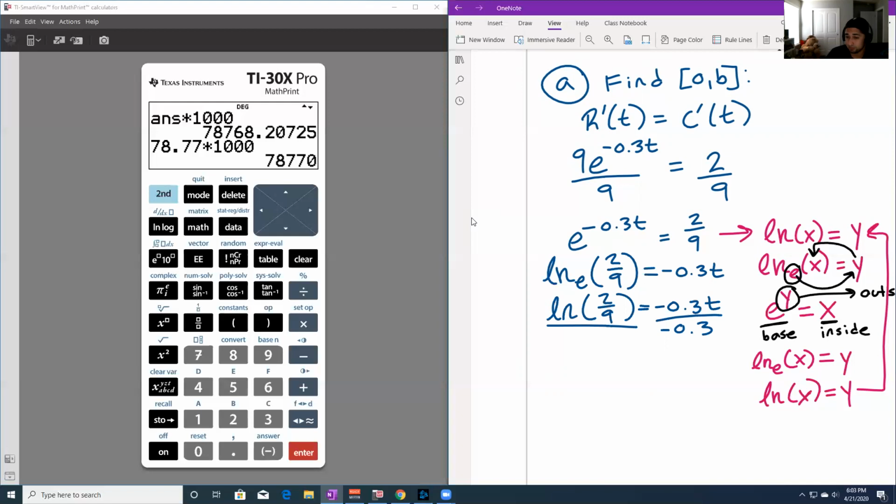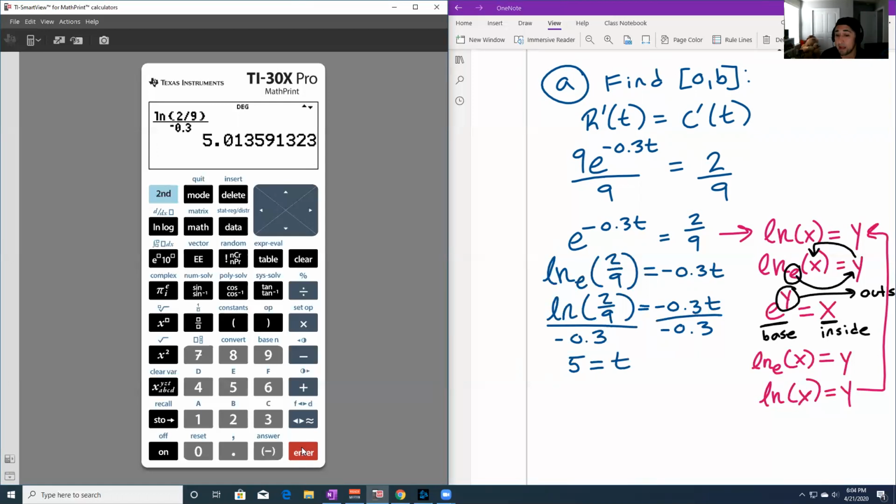Now I will do that in the calculator: natural log of 2 divided by 9, over negative 0.3. Enter. We get 5.01, which I think we can just leave as 5, because this is in terms of years. So we get that 5 equals t,